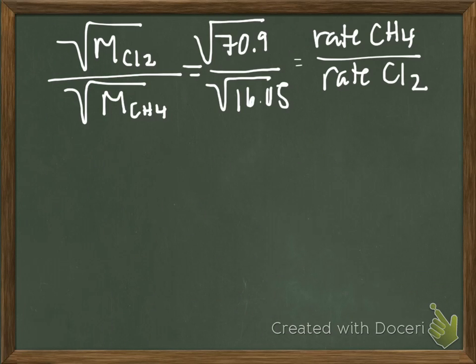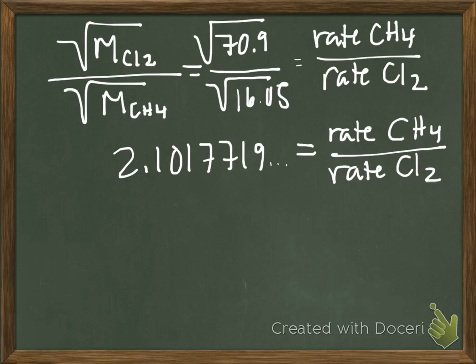Okay, so we're going to get a single number out of this. Who's got a number so far? So we have our number, 2.1017719, etc. We're way beyond the sig figs we can have, but that is equal to the rate of methane effusion over the rate of chlorine effusion. What does that mean? The thing to remember when looking at these is you're going to get a single number, but in fact it's a ratio, which means there is an invisible 1 underneath that. So what we're saying is that